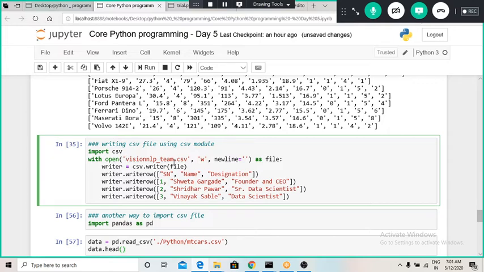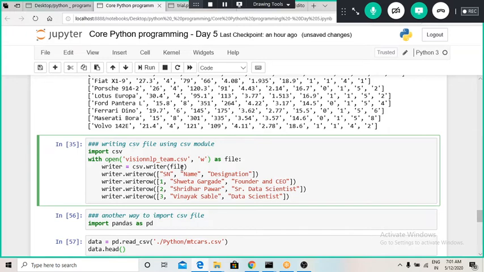For writing a file, we have to press W over here, and there is actually no need of this newline command, so I will just remove this. I want to save that particular file. Whatever this operation has done is saved into this file name. Now I will use the csv.writer command to write that particular file.